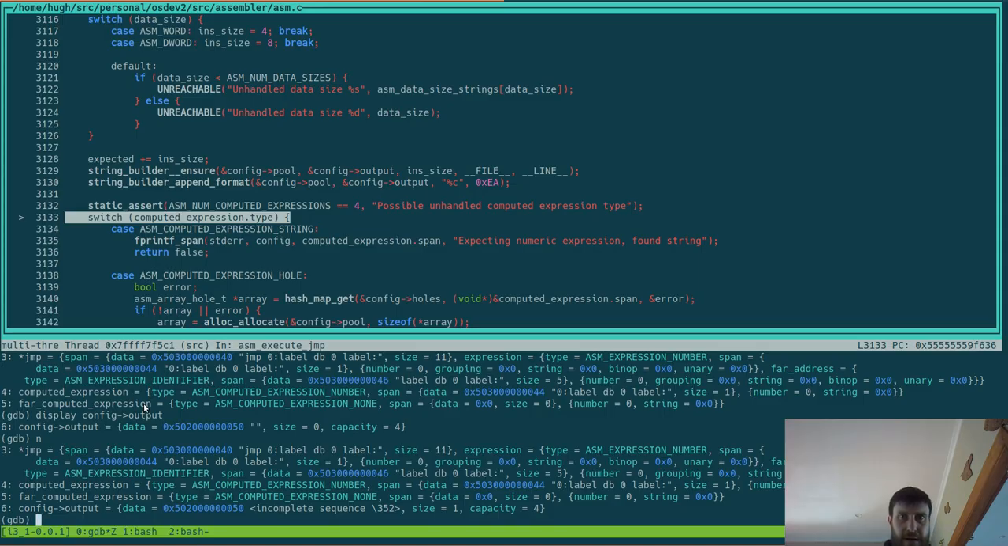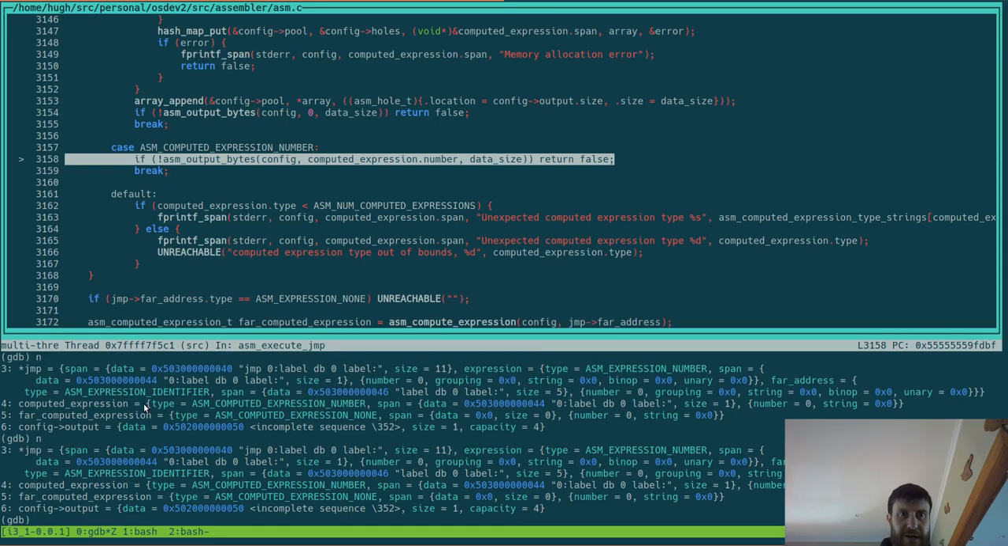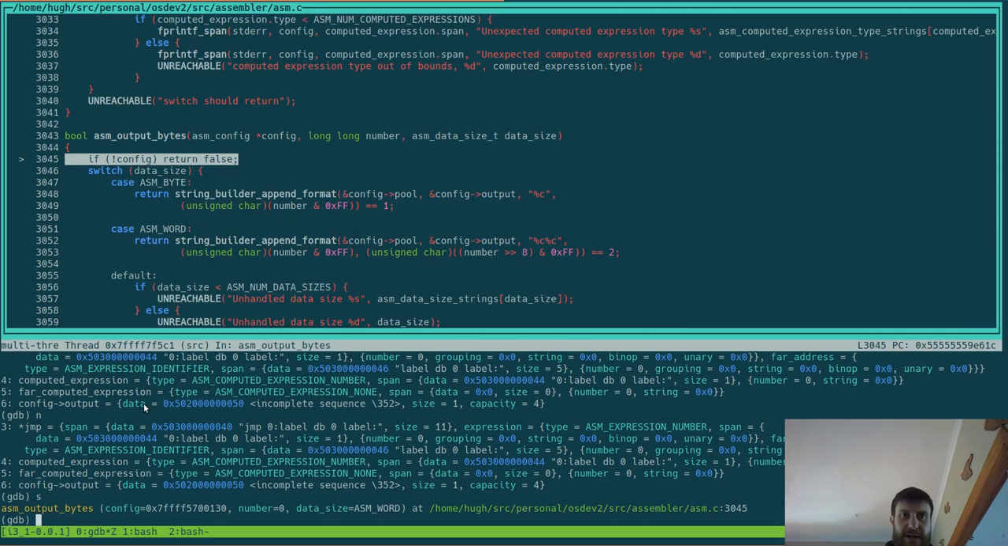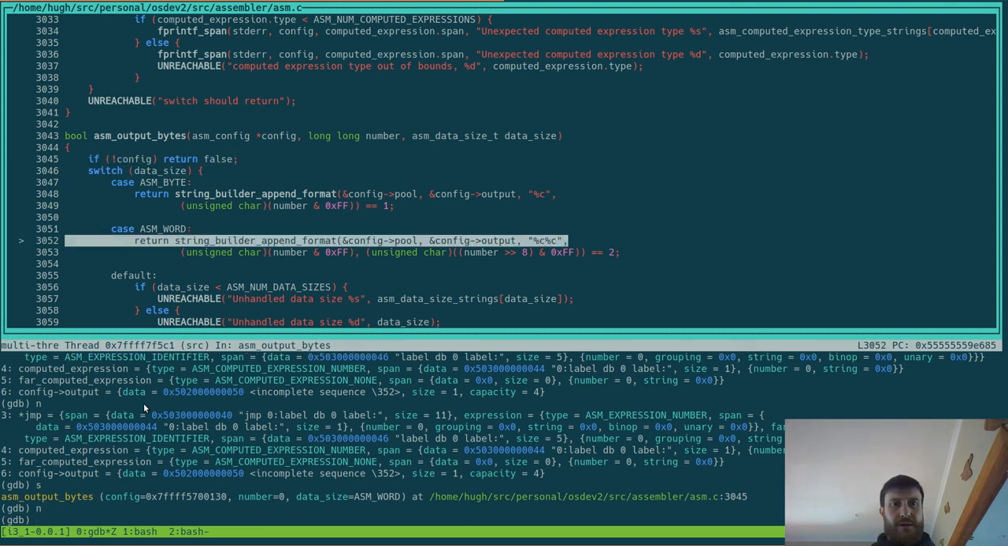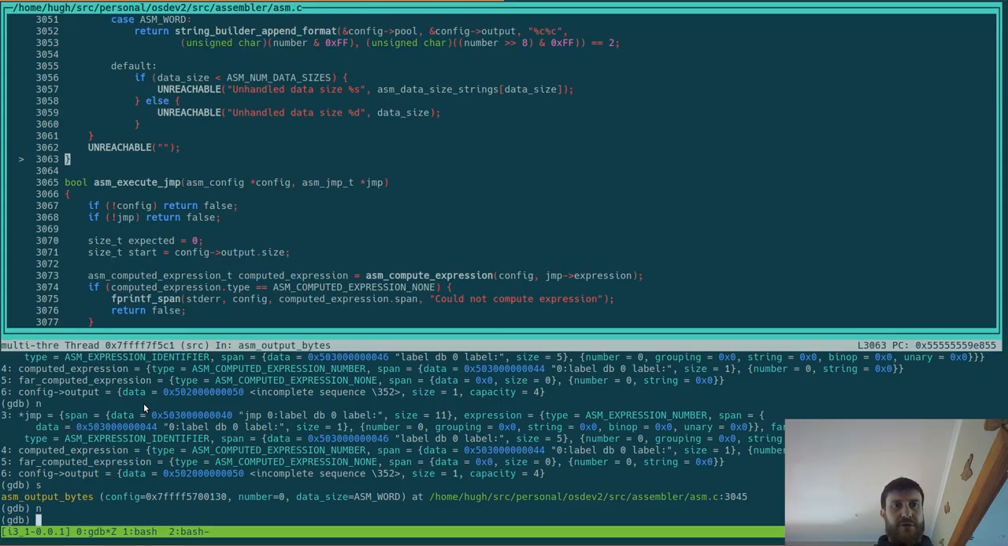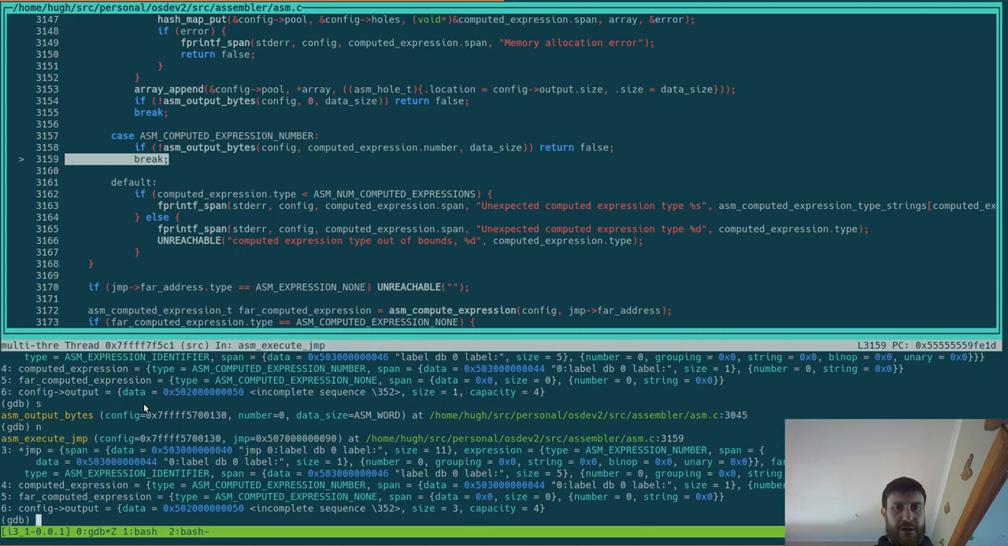And so in this, we are now wanting to output bytes, and we have the data size of a word. That sounds right. And so we just output those two things, and that should get back to that. We get 3. That sounds right. And I wonder if I can